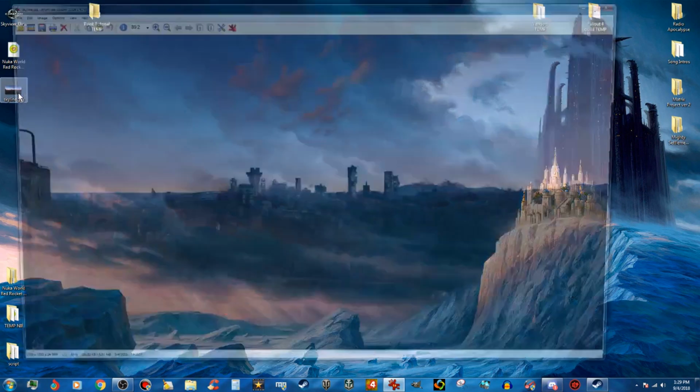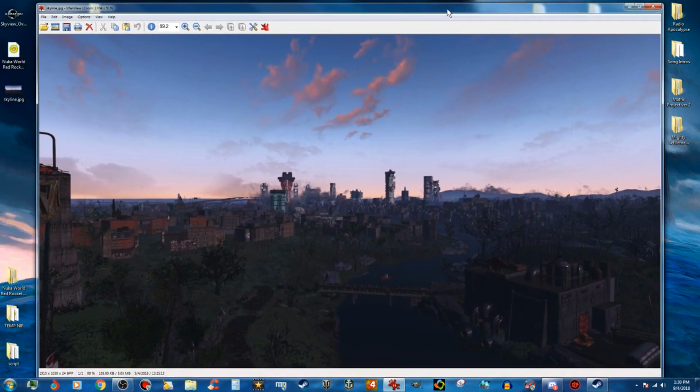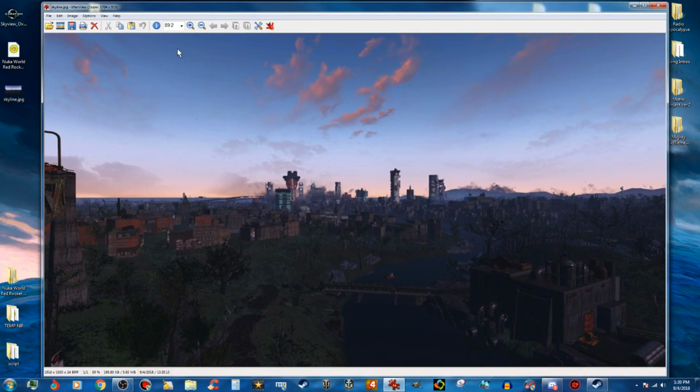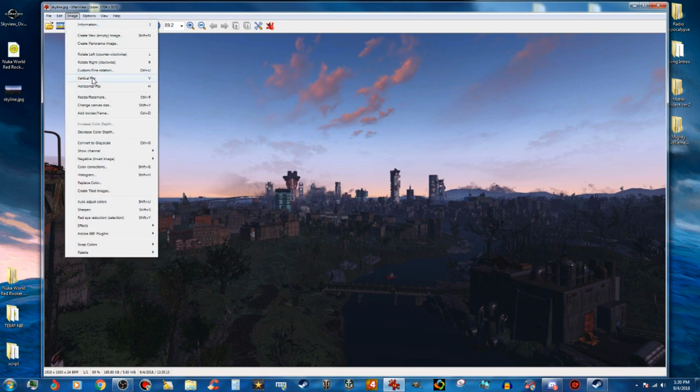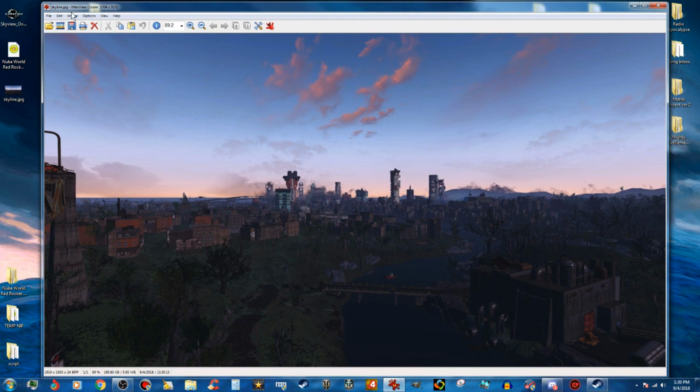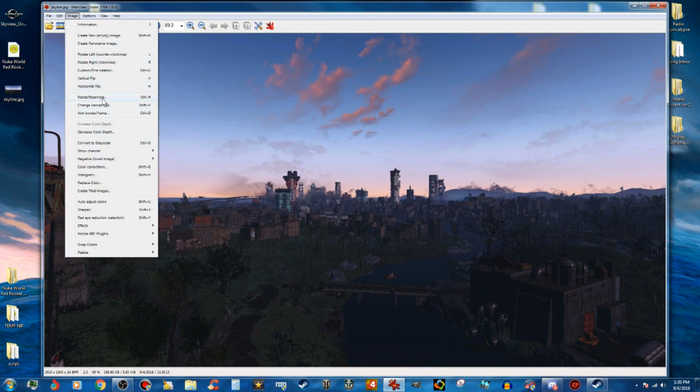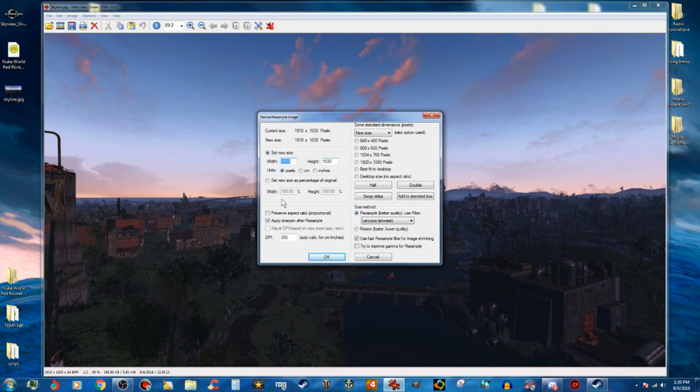Now I'm going to open this up. I'm using IrfanView, it's a picture viewer. It's free. You can look that up on the net. I'm going to want to resize this because this is way too large for what I need. So I'm going to resize, resample. I'm going to turn off preserve aspect ratio, and I'm going to want this to be 1024